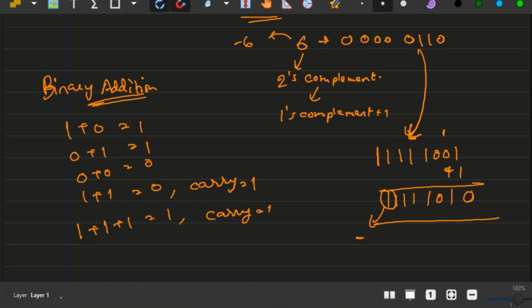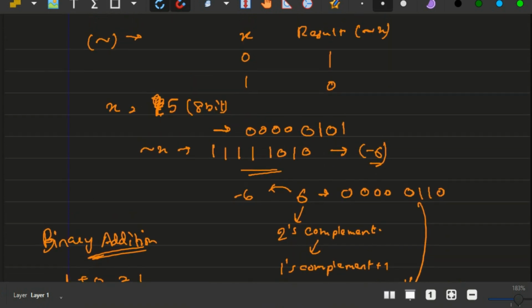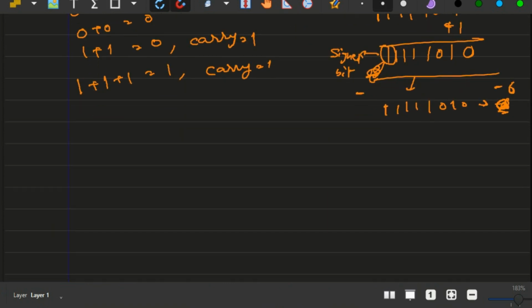And as you can see over here, the final result 1 1 1 1 and then 1 0 1 0 is the value of minus 6, and this one over here is the sign bit. It carries the sign of the number. So the result of x equals 5, the bitwise NOT of x is minus 6. Next we have the